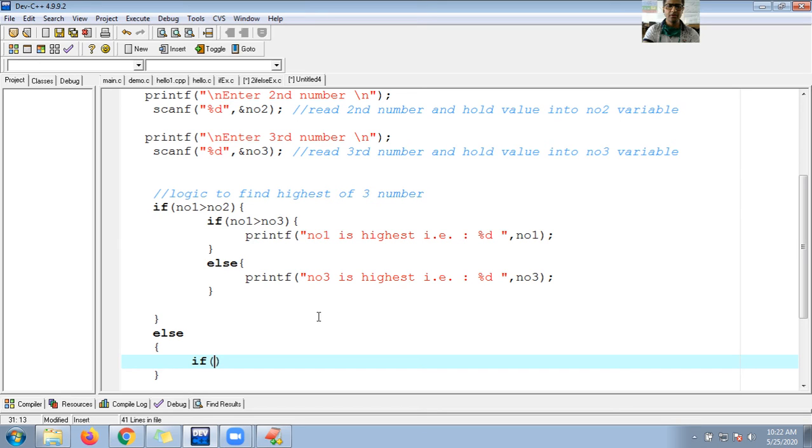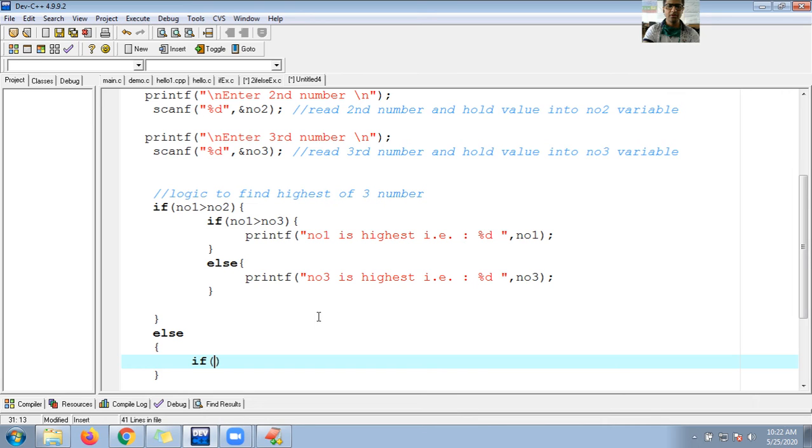Number 2 is greatest. And in the else block of this inner if, number 3 is greatest, or highest, you can call.